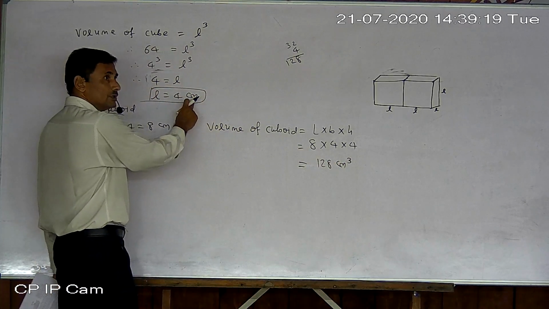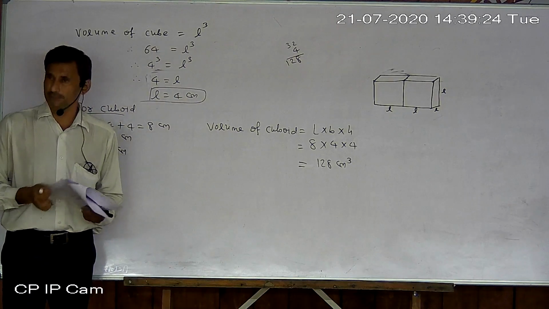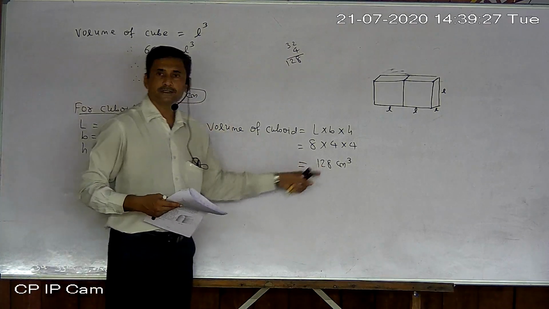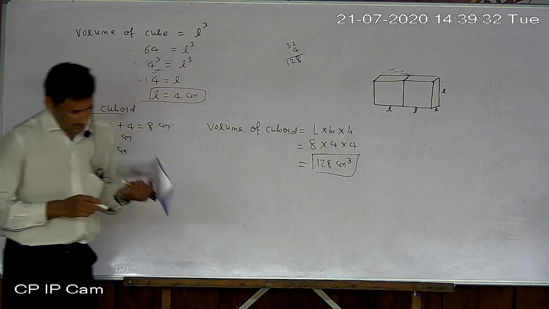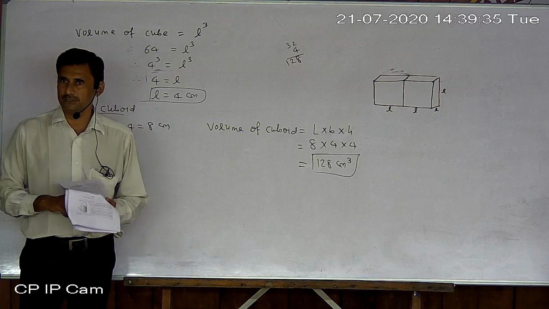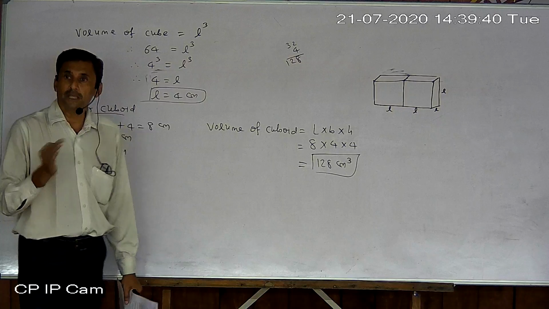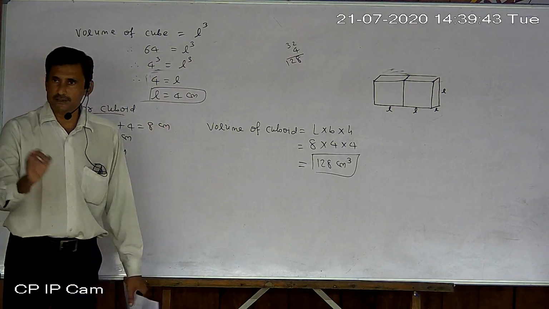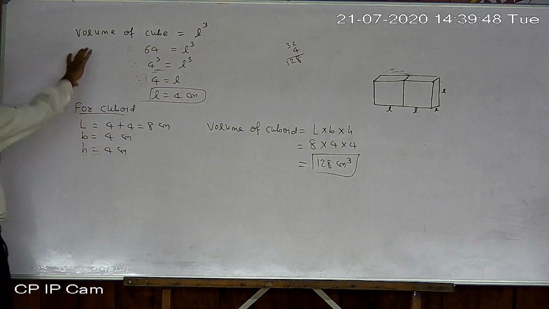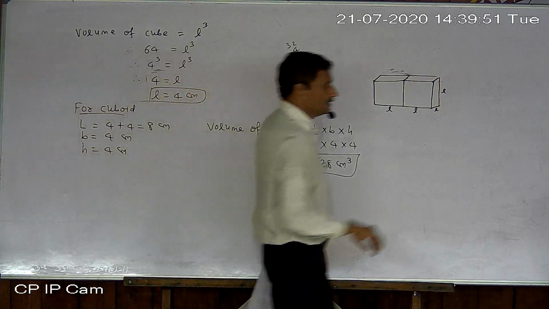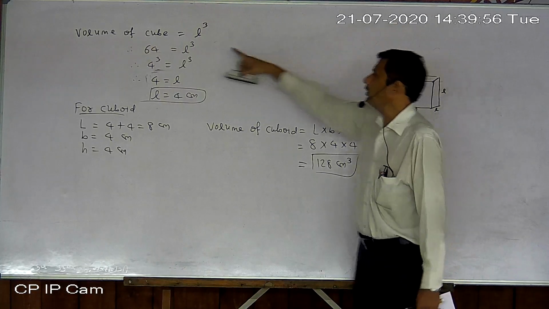Here also, even though that is not asked, whenever you find any new parameter, its unit must be there, in between or at last. Okay? So that is our answer. And mostly an answer by statement is expected. So at last you have to write that volume of the resulting cuboid is 128 centimeter cube. That is your final answer. Okay, so that is the way. In two steps we solve them. Why? Length is not given. So our first purpose was to find the length of that cube.